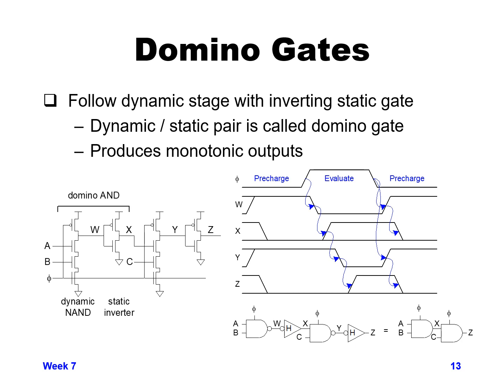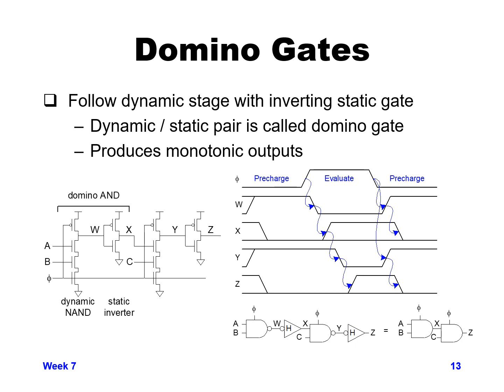So the output of the domino stage will always start at 1 and go from 1 to 0. The output of the domino plus the static inverting stage will always start at 0 and go from 0 to 1 if it evaluates. So you can see below a schematic diagram of a domino NAND, dynamic NAND